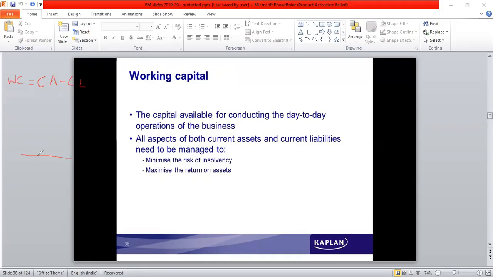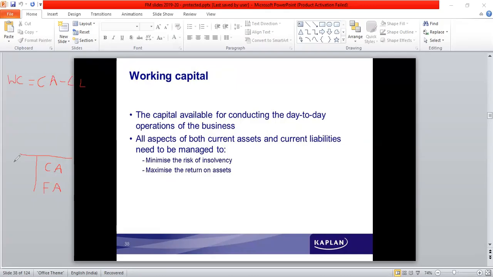So broad classification of assets in the balance sheet, we see that there are assets which are invested for a short period of time. Then we have assets which are invested for a long period of time. So broad classification of assets can be classified as current assets and fixed assets. So the time duration is the criteria to decide whether they are current assets or fixed assets.